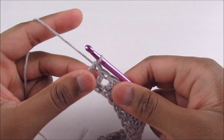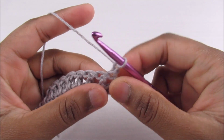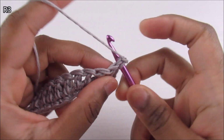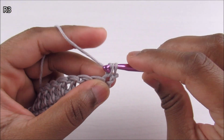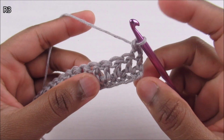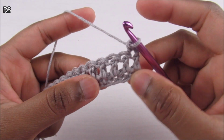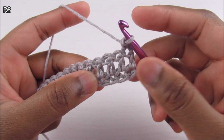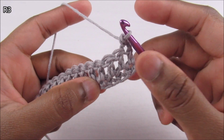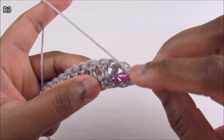And now for the next round, round number 3, chain 1, turn the work, and the chain 1 doesn't count. I'm going to place 1 single crochet into the first stitch like this, and now I'm going to work into the single crochet round. So 2 rounds below, into that row you need to count for the 4th single crochet, 1, 2, 3, and 4, and I'm going to work into the front of that, into the post